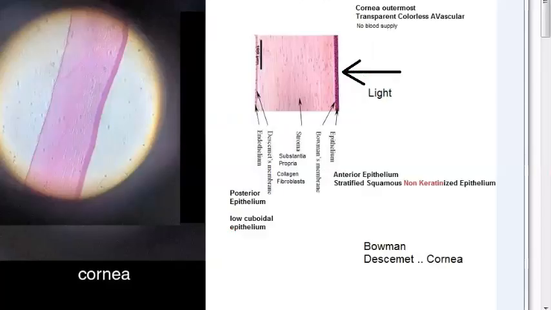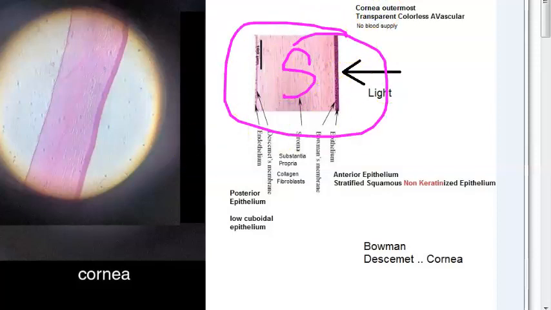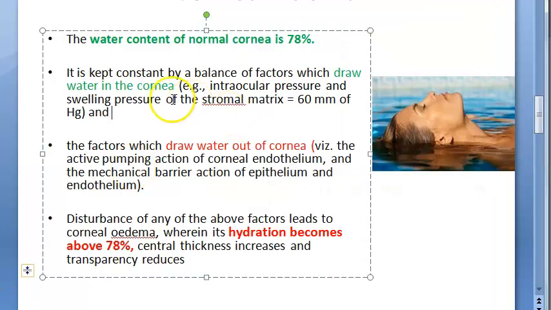Stroma means what? Here you have the cornea. So here you have the epithelium and here you have the endothelium and some membranes. Between all those membranes, you have what is called as a stroma. So here you have the stroma of the cornea. So these are the cornea layers, histology. So what is helping the water come in? The intraocular pressure. So if the intraocular pressure becomes more, it will push more water into the cornea and cornea will become edematous.